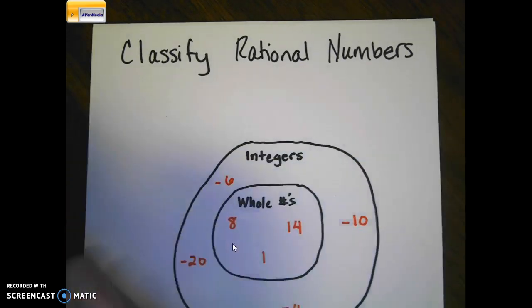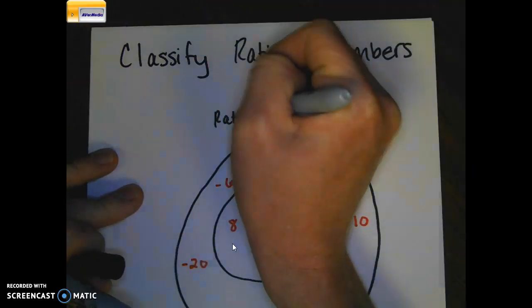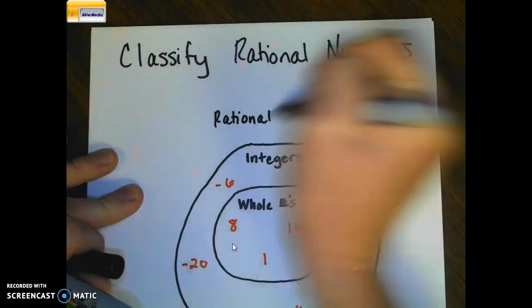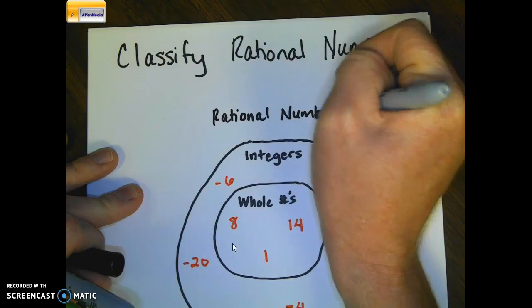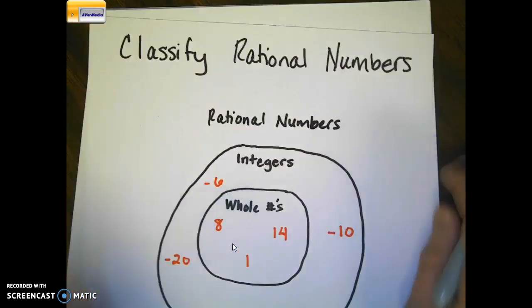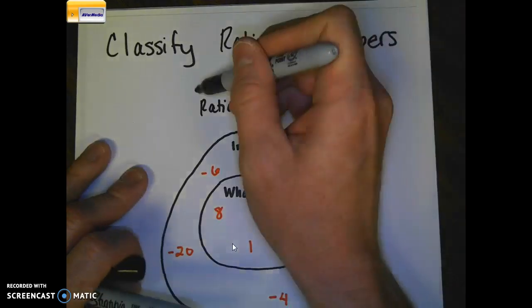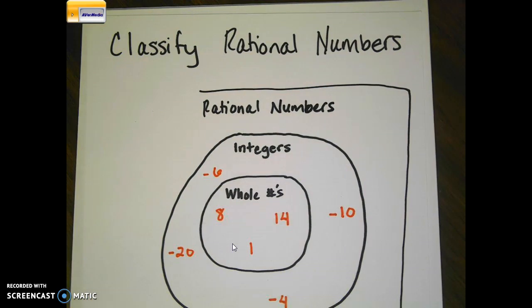The last one is going to be the all-encompassing rational numbers. Can't spell, rational numbers. Now, I kind of created this backwards, but I want you guys to see,